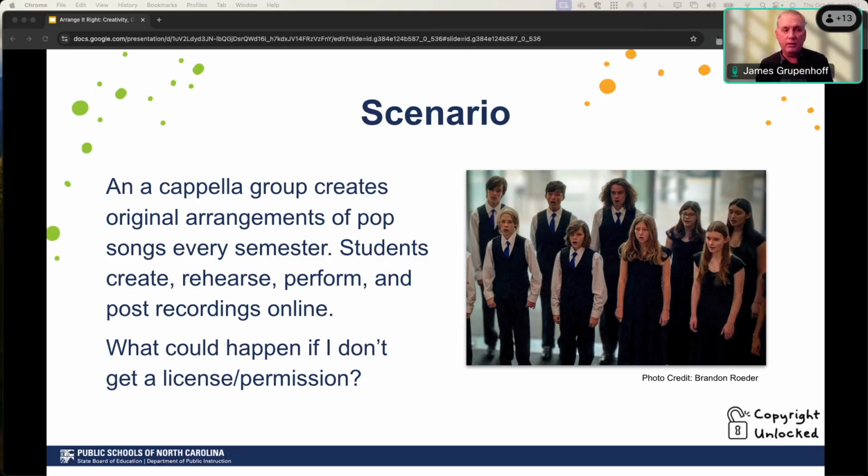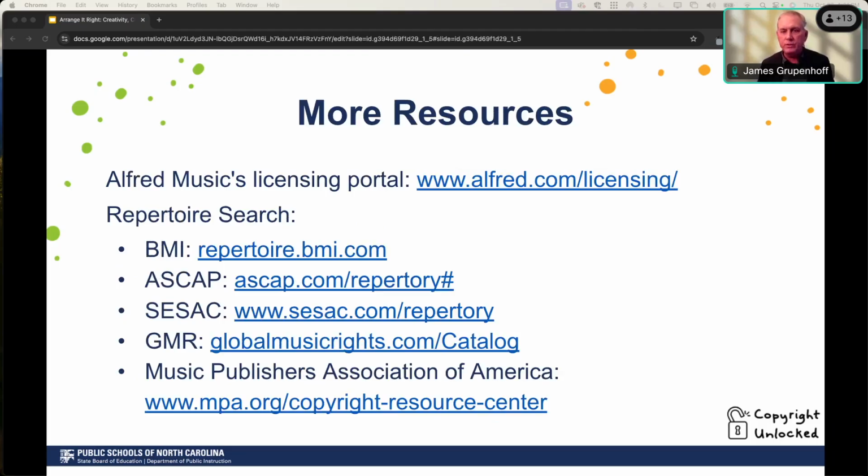To secure that permission, that's part of the agreement, and no publisher is going to grant copyright ownership on a simple arrangement. There's a link that I sent to Brandon on the website of the Music Publishers Association. I sit on the board of directors of the MPA, which is the oldest music trade association in the United States, and it's comprised of music publishers who are directly involved in some way in the sheet music business. And at that link at the bottom for the Copyright Resource Center, there's one article there